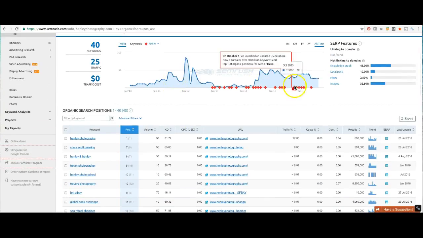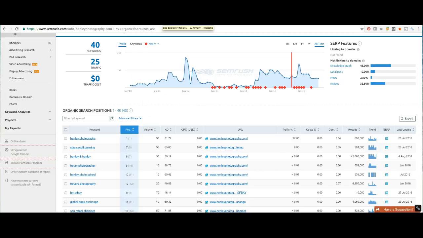But purely from a website perspective, he's getting 25 unique visits a month, which is quite a bit more than David Peters. But once again, most of the people coming to a site are coming looking for Henley photography as opposed to portraits or architecture or the other keywords. So again, it's an opportunity, I think, to start ranking for some of those other things. If you had richer content, and especially more keyword specific richer content, that's definitely going to help you.